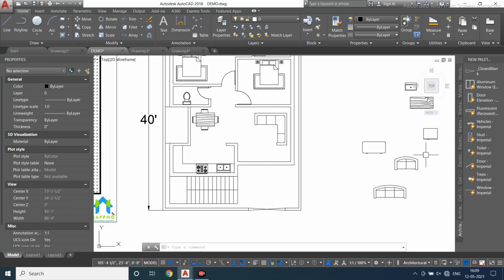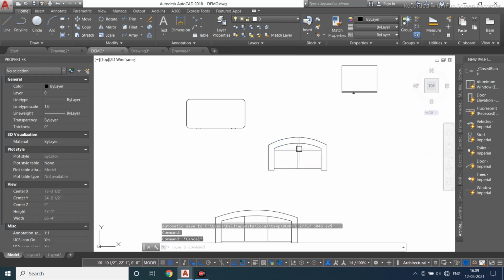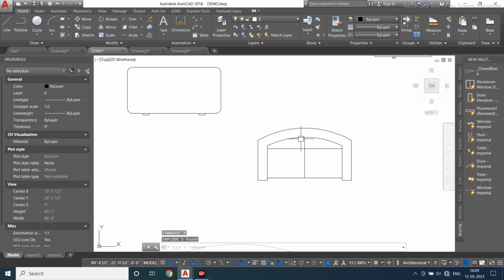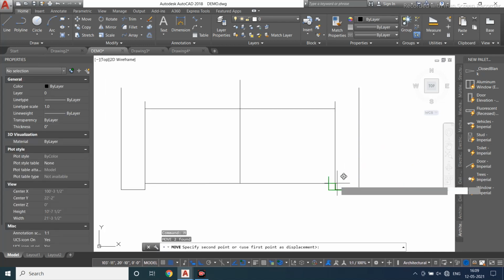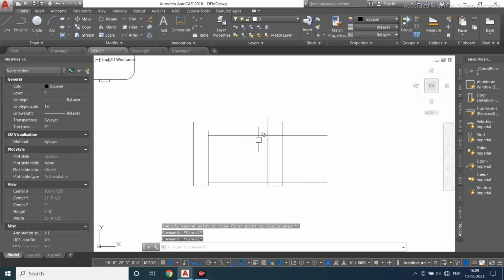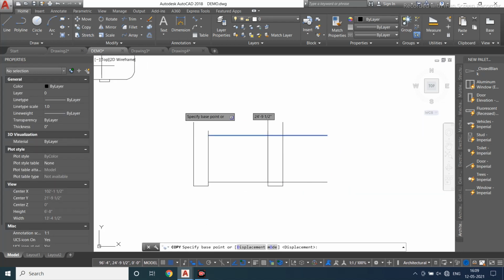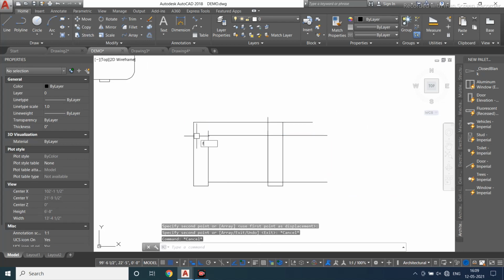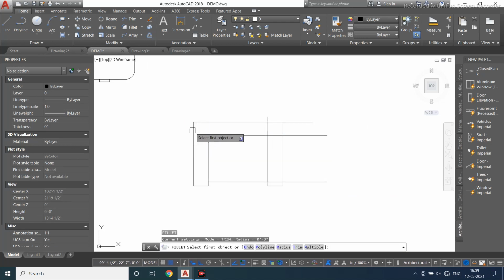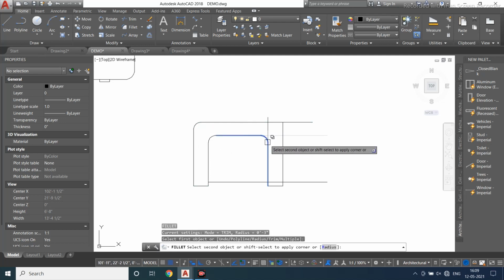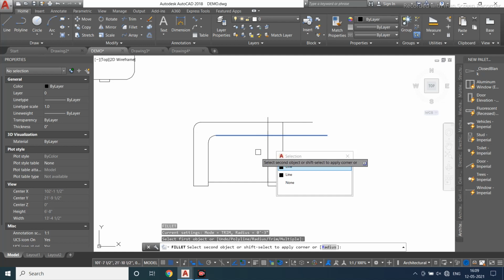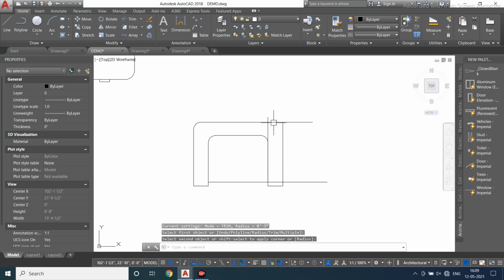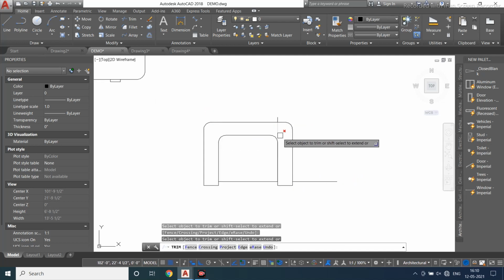Now again, if I want to keep a single sofa, here only I can edit it. So select this one, explode, select this one and move this part over here. Now this one I'll be copying over here. F enter. Already my radius is fit. So F enter. Line selection, F enter, the same thing, trim over here.